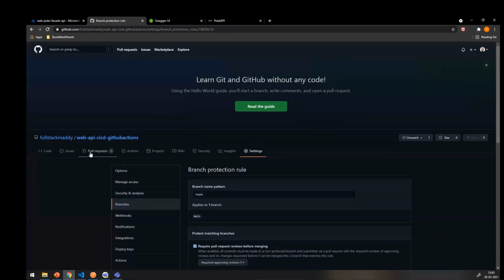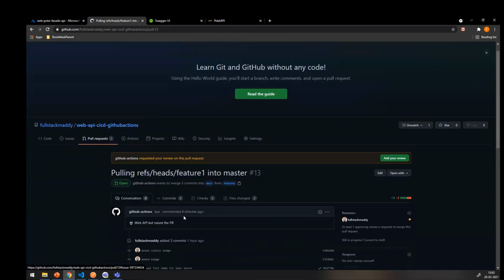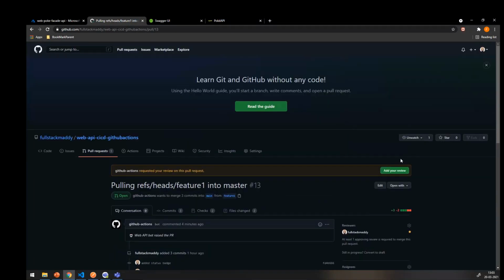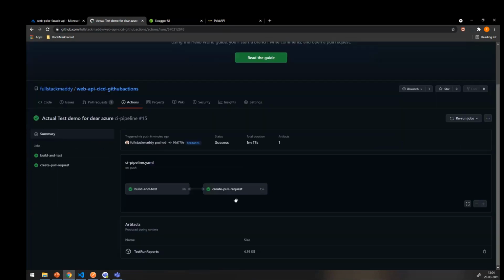That's it. That's how the pull request gets created, and that's why we have this message called merging is blocked. So when I provide a review to this, we will be allowed to merge. Before I do that, in real life, what I would do is go to this and download the test run results,